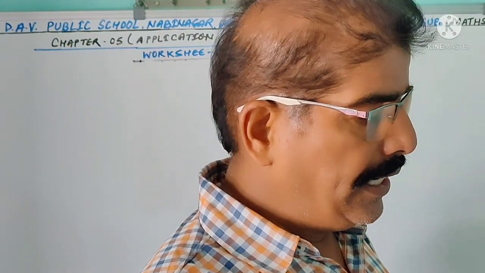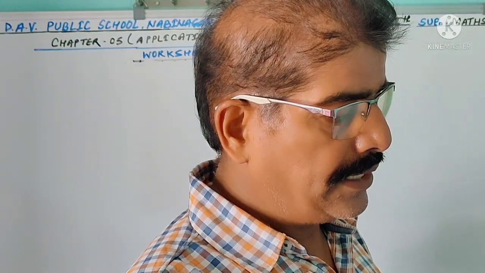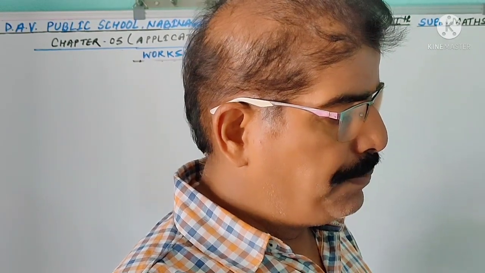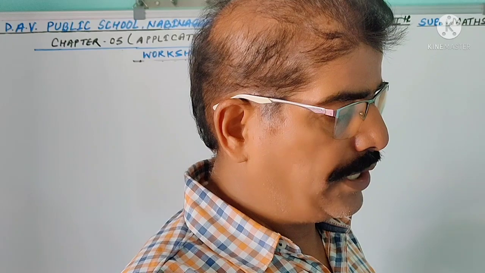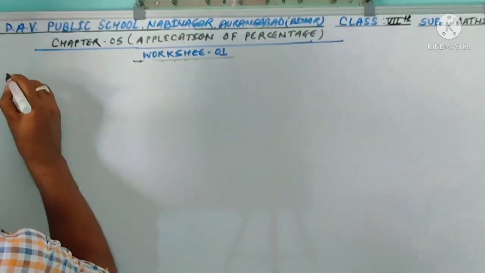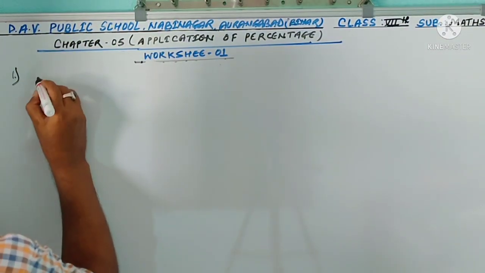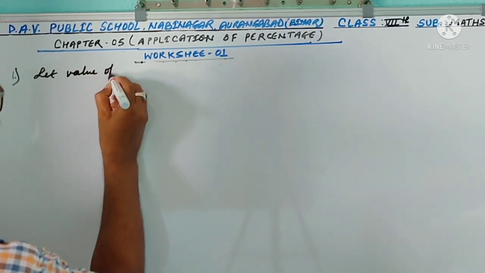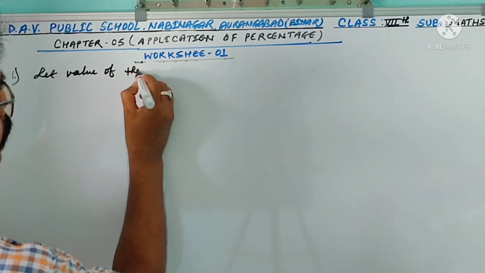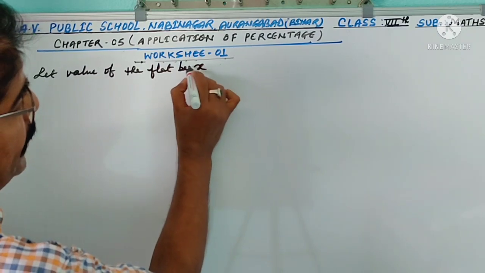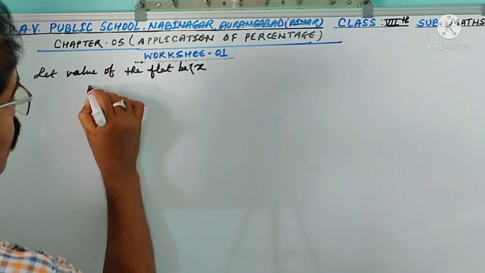A property dealer charged 2% commission from a buyer or seller of property. If Mr. Ramlal paid rupees 20,000 as a commission for purchasing a flat, what was the value of the flat? Dear friends, your first question: let the value of the flat be rupees X. According to the question,